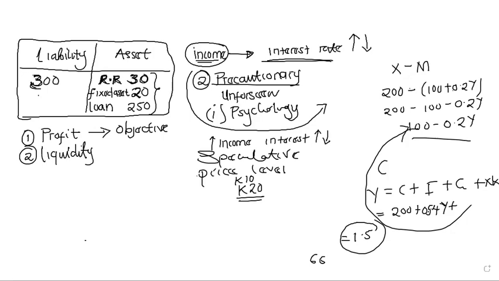In terms of that, we mean whenever a person wants to go to the bank, they must always find their money. So you don't want to be in the place where your customers come to the bank and they don't find money. So you should always be liquid. So meaning customers should always find their money. And that's the reason why the commercial banks are required by the Bank of Zambia or the Federal Reserve to always keep reserves. This is the objective number two. Okay, this is the other objective.